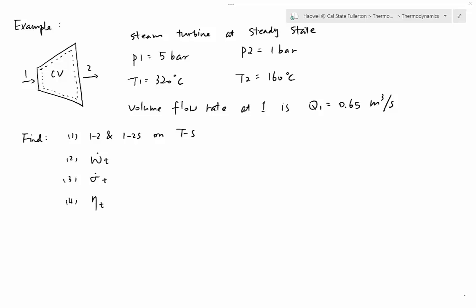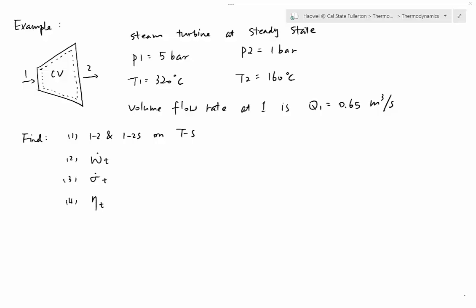Now let's do one example. What we have here is a steam turbine at a steady state. We know P1 is 5 bar, T1 is 320 Celsius, P2 is 1 bar, and T2 is 160 Celsius. Volume flow rate at number 1 is Q1 equal to 0.65 cubic meter per second. And we know we use Q for both heat transfer and volume flow rate. And from the unit cubic meter per second, we can tell this Q is volume flow rate instead of heat